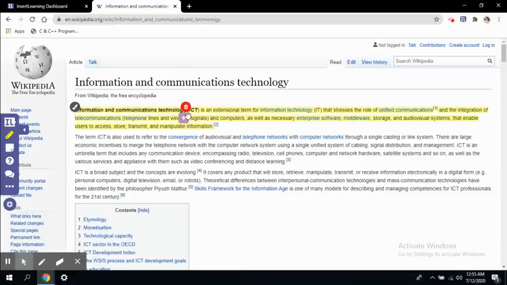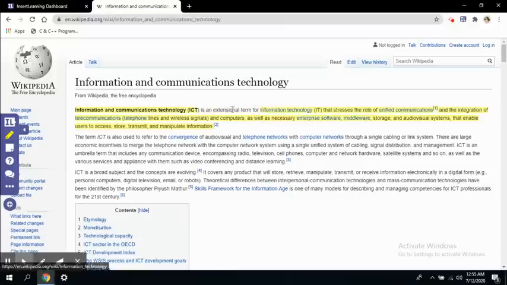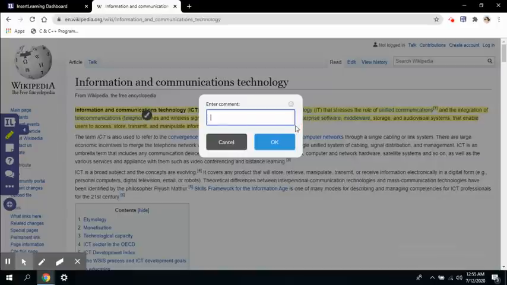Okay, then obviously the second button is the delete button. If you want to delete this content, or you want to unhighlight this content, then you can unhighlight it. Okay, so you can click on delete, and that content will be unhighlighted. You can see it here. All right, next you can see here is a plus button. Let's see what that is.